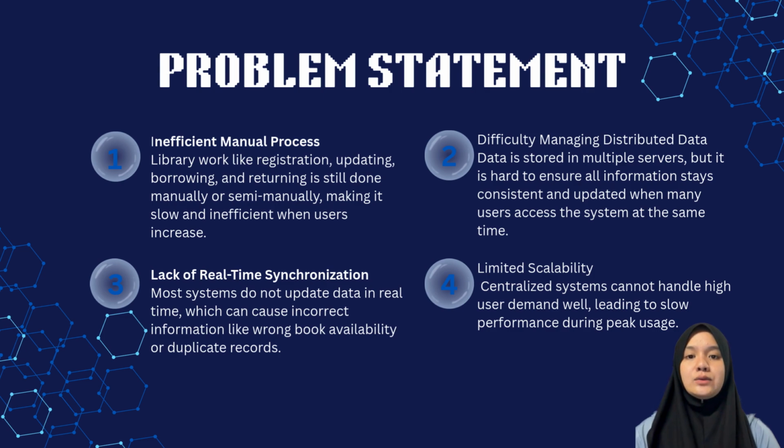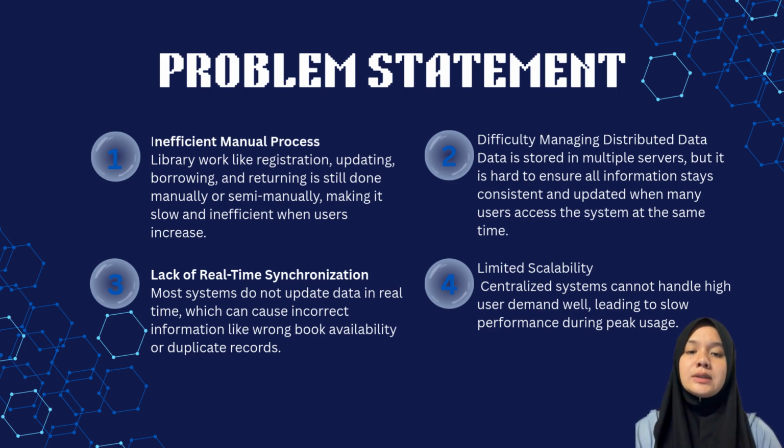This can lead to inconsistent data, such as incorrect book availability or duplicate records. Lastly, centralized systems have limited scalability, so system performance may decrease when there are many users using the system